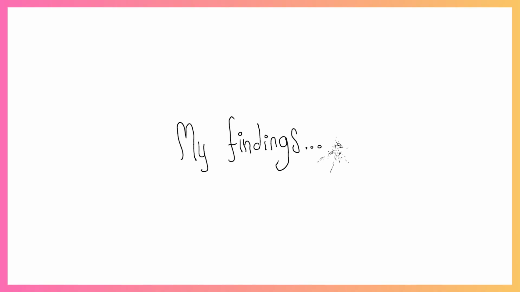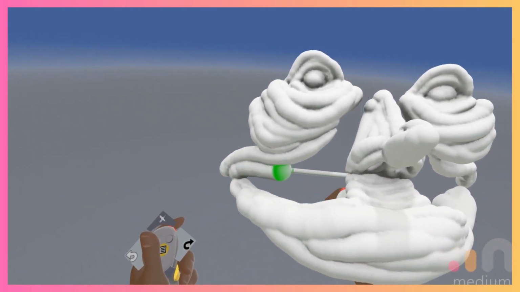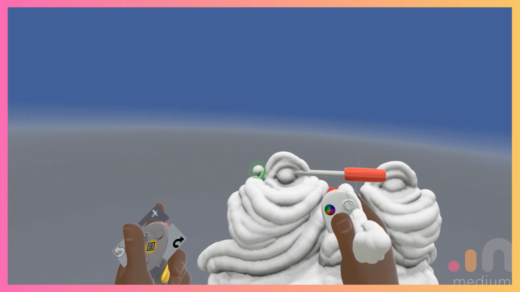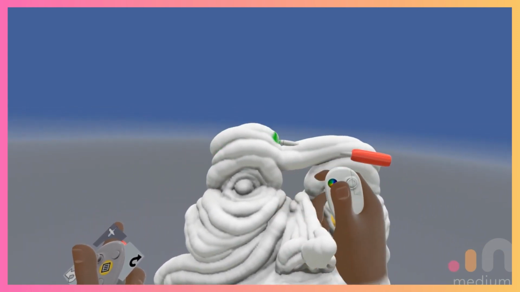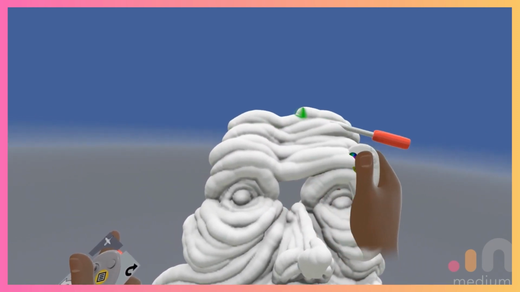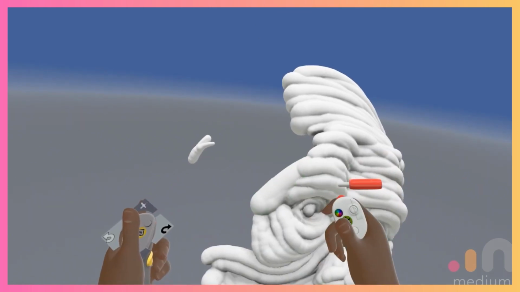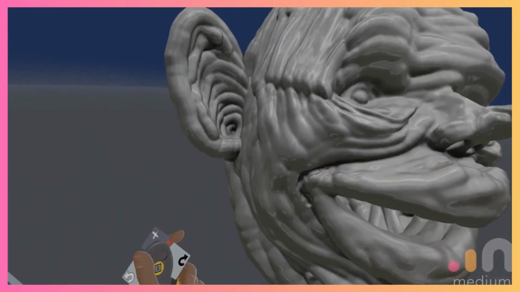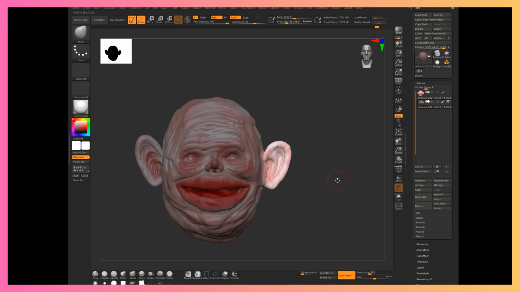Here are my findings after having spent some time sculpting in VR. VR is not a precision tool. I found my own art style to have evolved slightly when working in VR. Perhaps it has something to do with working in a completely different modality, I'm not entirely sure, but because it's a little bit harder to control, models can sometimes look a bit wonky. Over time, I began to appreciate the look of my models more when I turned off symmetry, as the resulting model tended to feel more interesting and organic that way. VR can be hard to control, but I find that proportions can always be tweaked later on if needed, say when exporting from VR into something like ZBrush.